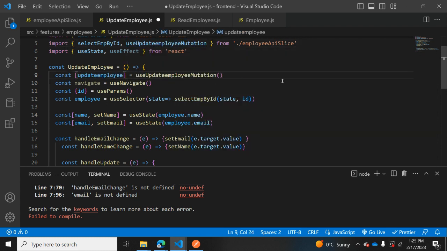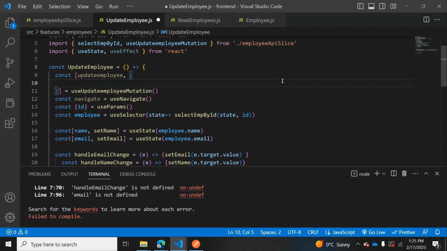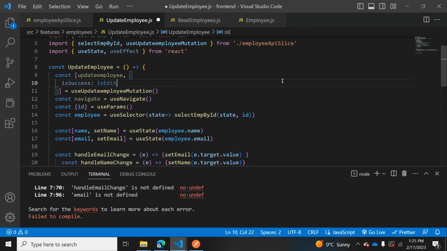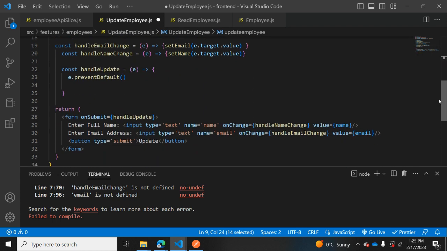Now let's paste the function and let's add is success. Let's rename it to is edit success. Now we are allowed to use this function down